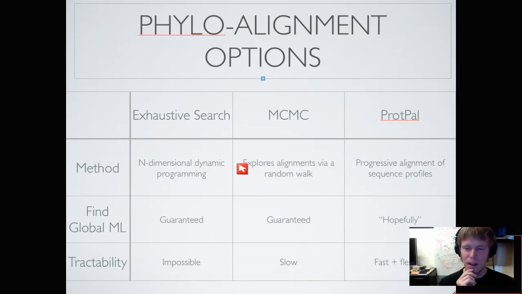The global ML alignment is not guaranteed, but hopefully, in quotes, it does a stochastic approximation, and so if the solution is reasonable, it will find the global ML. And most importantly, it's almost as fast as a typical alignment program,